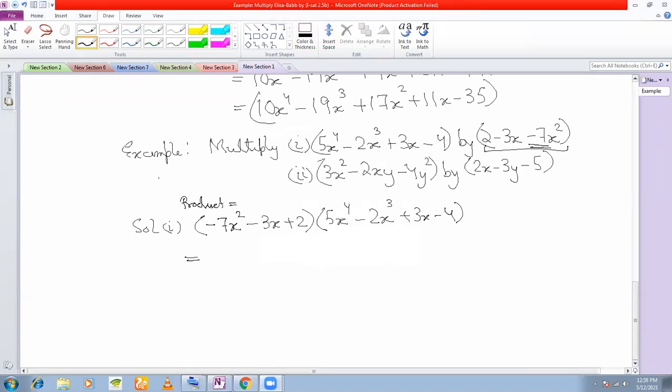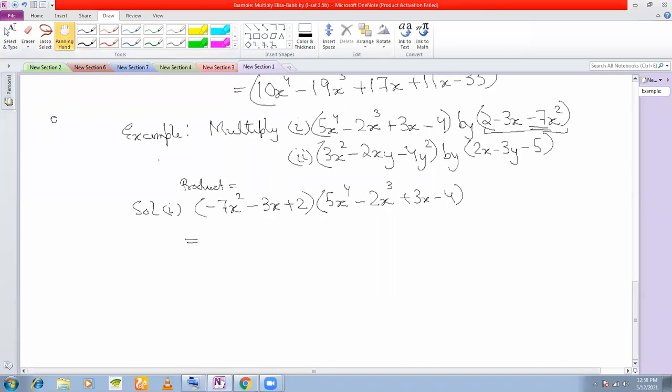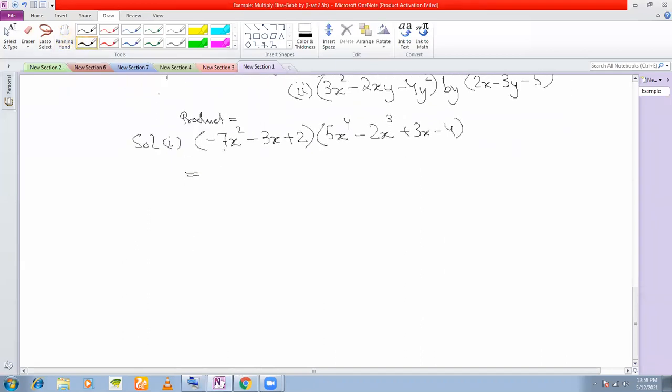Okay. You will multiply this term by term. First, you will multiply 7x square with all these terms. Okay. And considering the signs also. So you will multiply minus 7x square you take. In fact, 7x, first you see the sign here. You have a minus sign, and you have a plus sign here. So minus combines with this plus to give you a minus, sorry, 7x square into 5x to the power